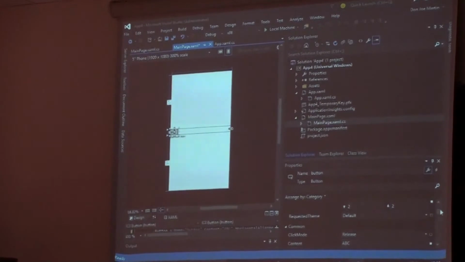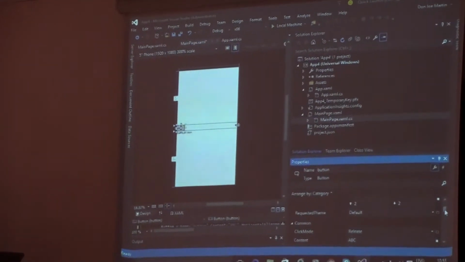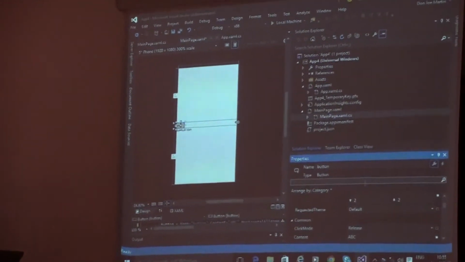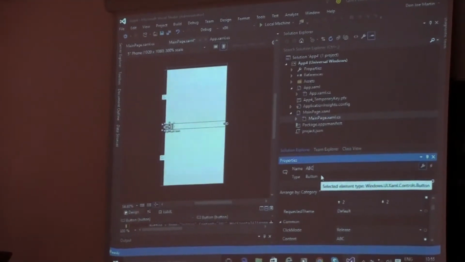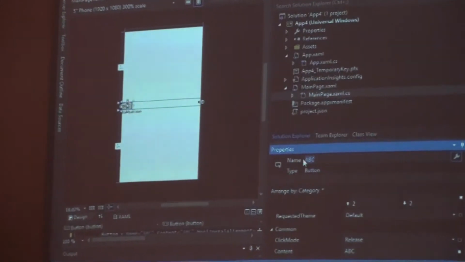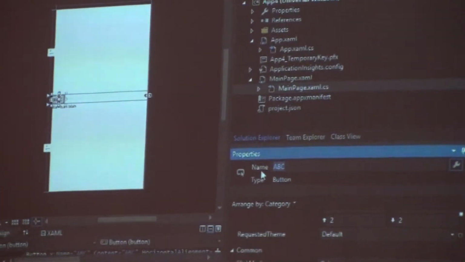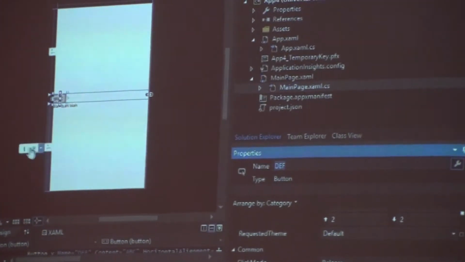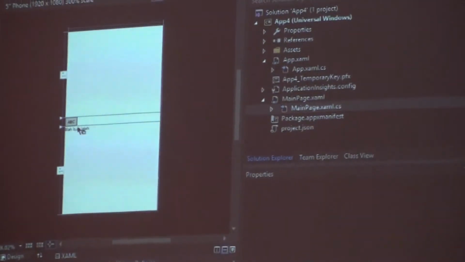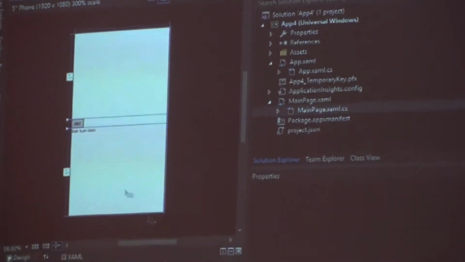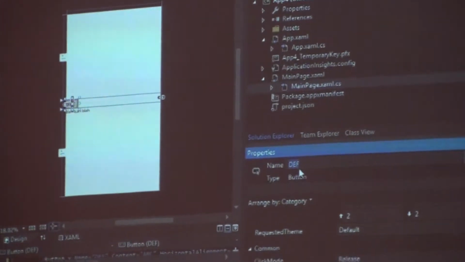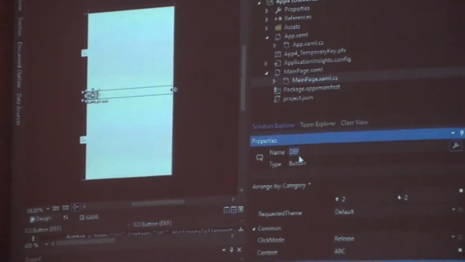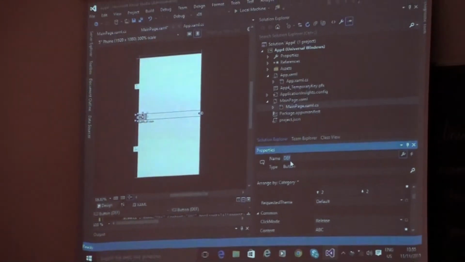Now, you have the button called ABC and the text block called blah blah blah. I need you to pay attention to this. The button's name, I'll change it to ABC. That's not going to make a difference. I can call it DEF also. The text of the button is going to remain ABC instead. What I have done is just given it a name called DEF, so that once I start using it in my code, I know exactly what my button is called.